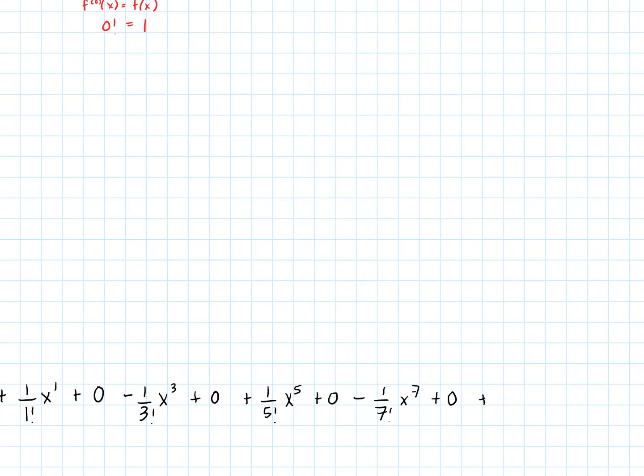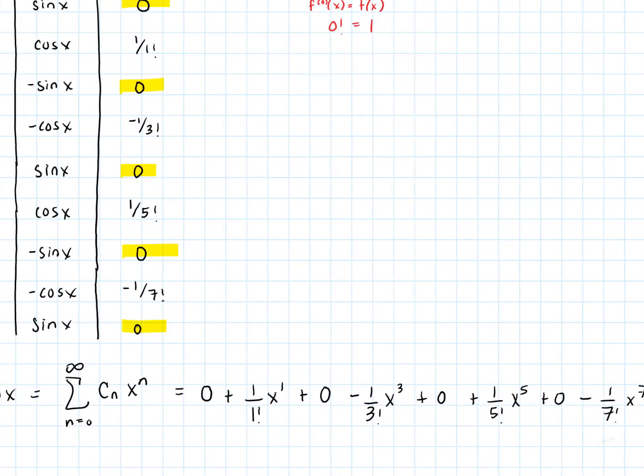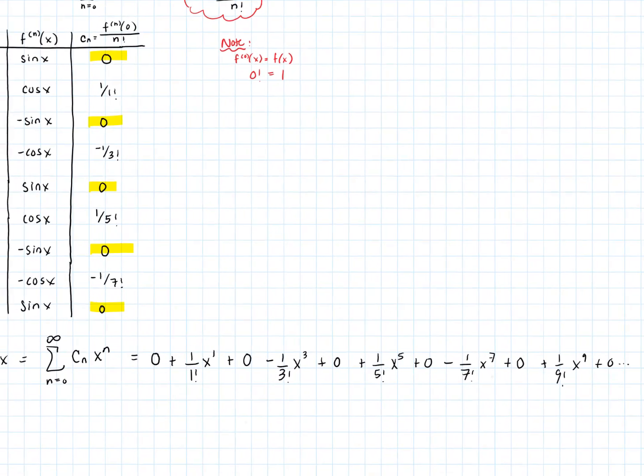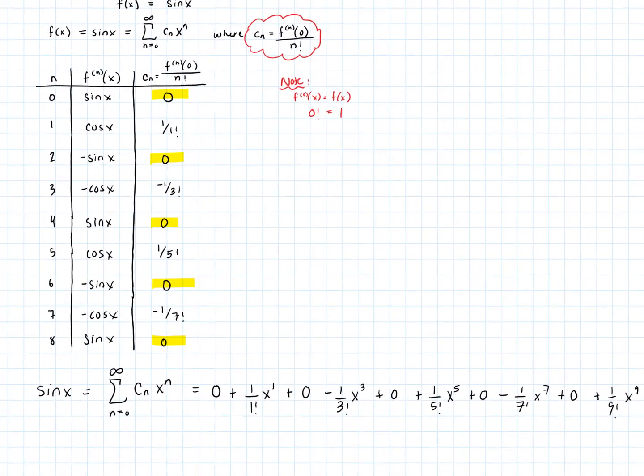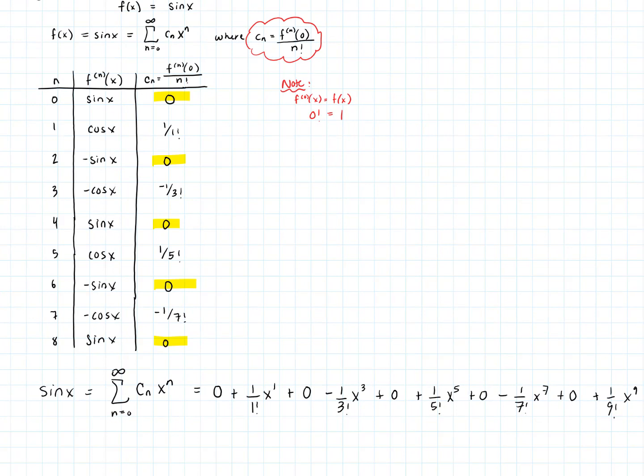We would keep going here. Then we'd have plus 1 over 9 factorial, x to the 9th, plus 0, and so on and so forth. So we can see what the pattern is, but it seems silly, and it is silly, to have a power series expansion here where half of the terms are 0. So what we want to do is reorganize this and write it in such a way